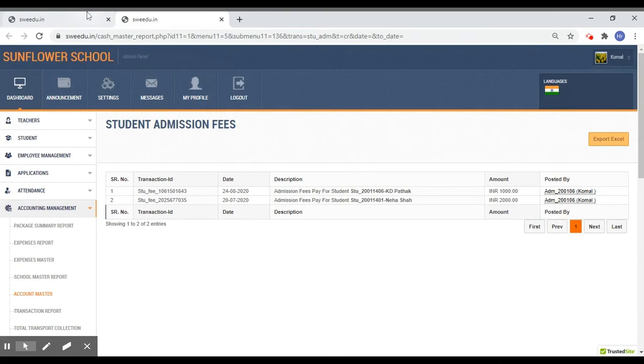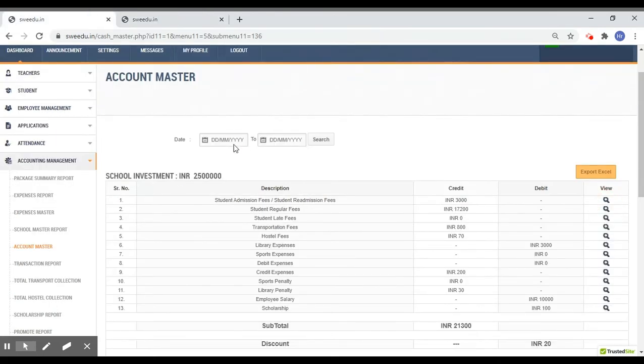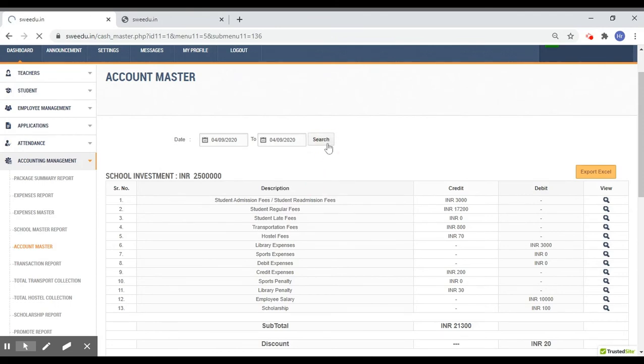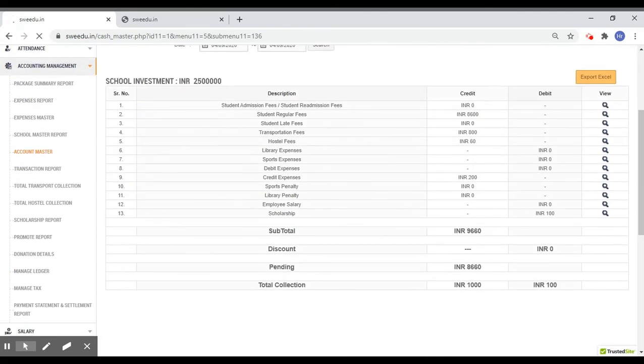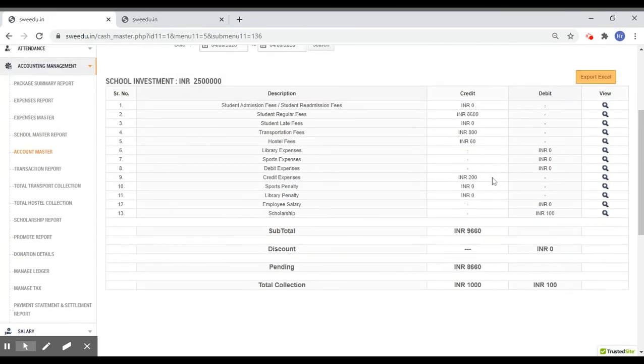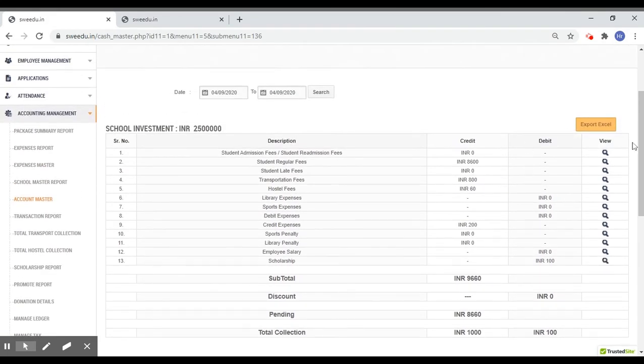The payment can be viewed date-wise. The pending fees, total collection, discount if any, can also be viewed. And all the data can also be exported in Excel.